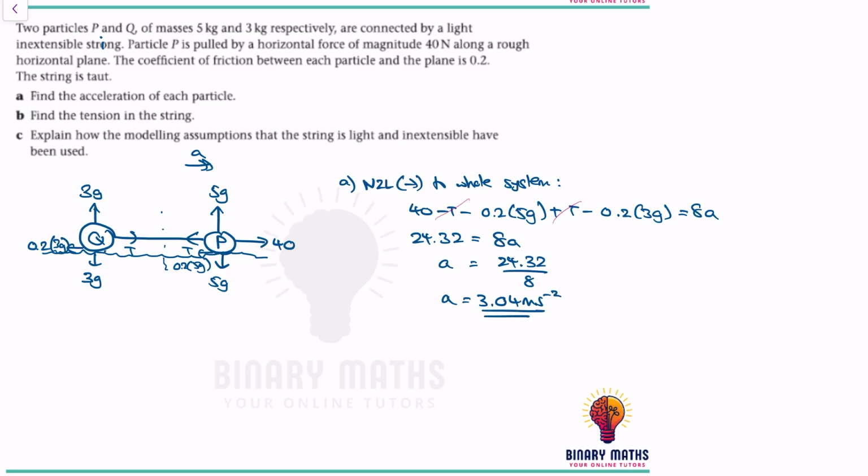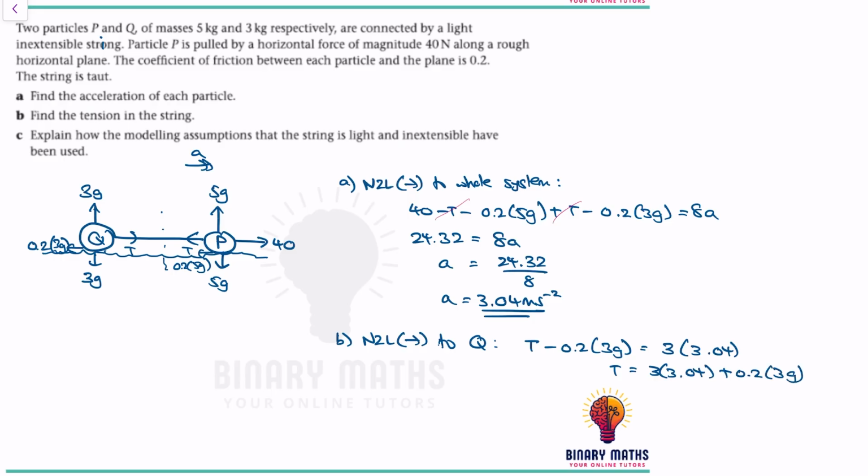Find the tension in the string. So let's do Newton's second law applied horizontally to Q. Then we get T minus 0.2 times 3g will be equal to 3 times acceleration, which is 3.04. So T will be equal to 3 times 3.04 plus 0.2 times 3g, which means T is equal to 15 newtons. Explain how the modeling assumptions that a string is light and inextensible have been used. So for part C,